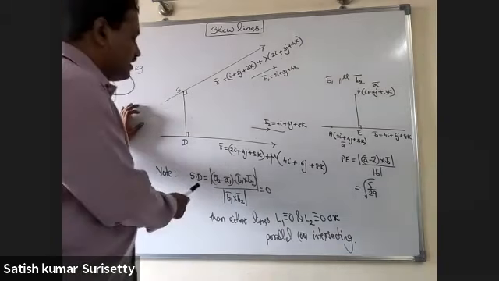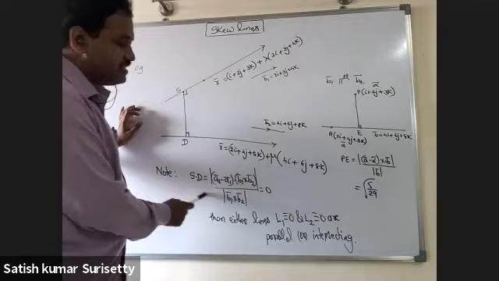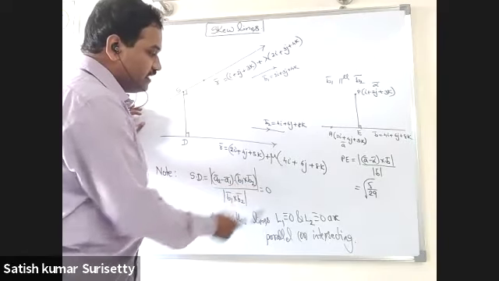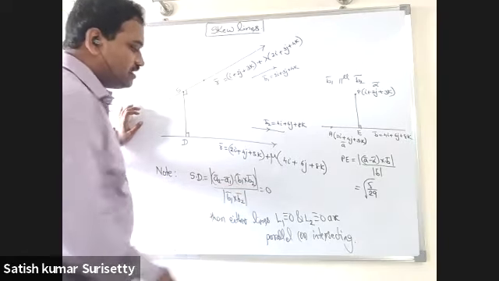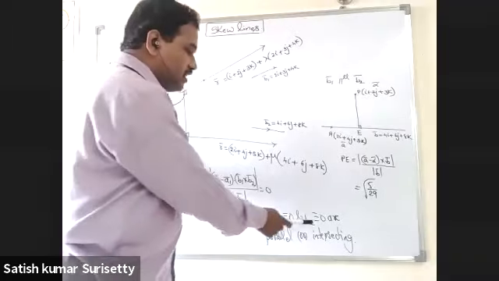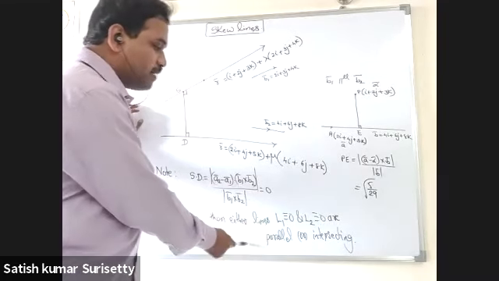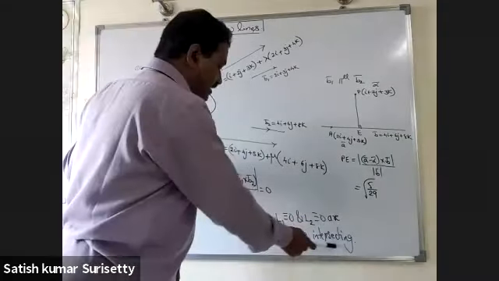Again, suppose the shortest distance between the two lines turns out as 0, then you have to understand that the given lines L1 equal to 0 and L2 equal to 0 either may be parallel or they may be intersecting lines.